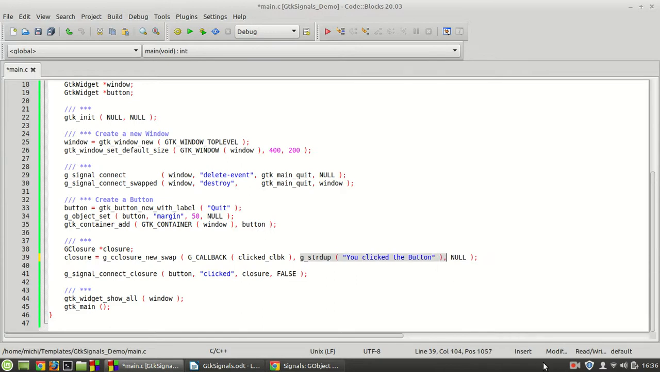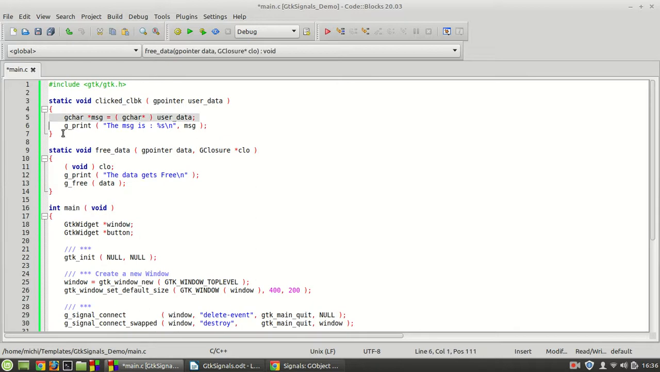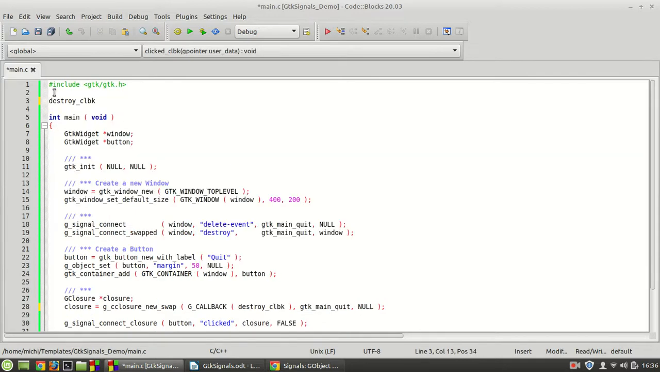Let's say gtk main quit right here, and here I'm going to say destroy callback. If we create another callback, call it destroy. I'm going to remove all these things right here, and I'm going to say static void destroy callback. Here I'm going to say GtkWidget window. We need a pointer, window,